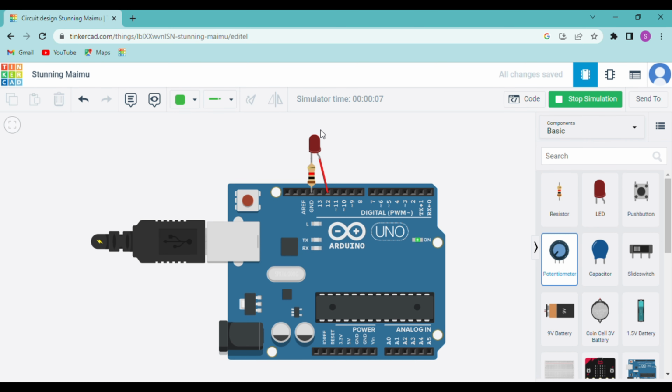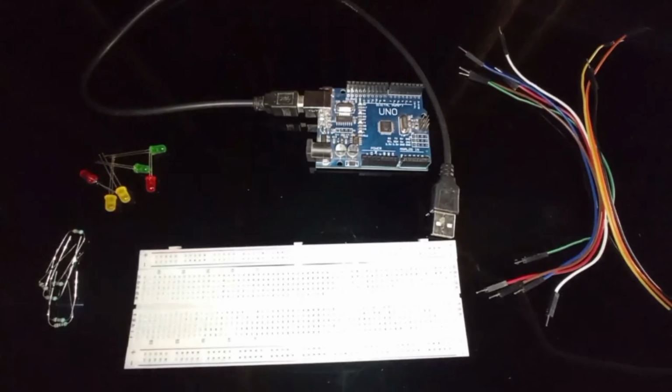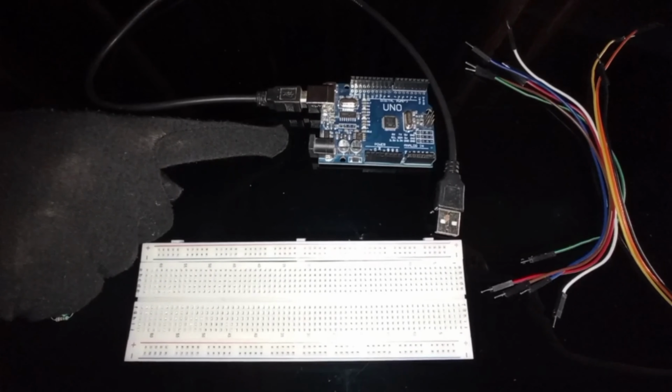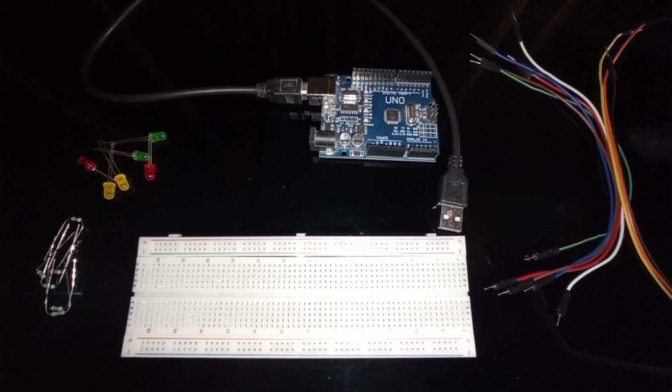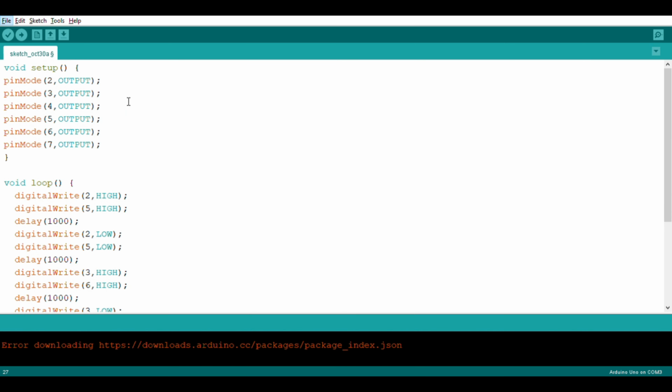Now let me show you the same project with real components. Now let me show you guys the components we'll be using: resistors, LEDs, breadboard, Arduino Uno and jumper wire. Let me show you guys the code. So as you can see that the software which I have used is Arduino IDE. You can install this. So now in the void setup, I have declared all the digital pins from 2 to 7 as output,